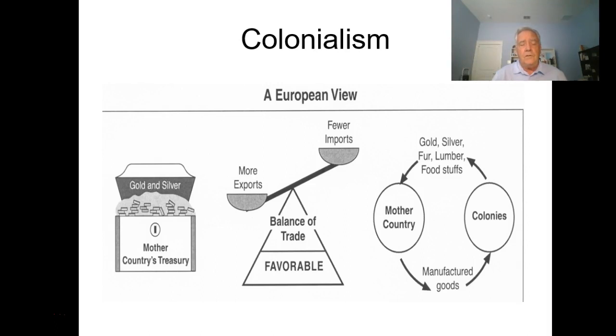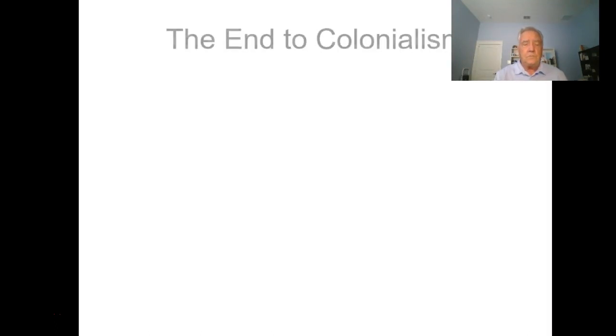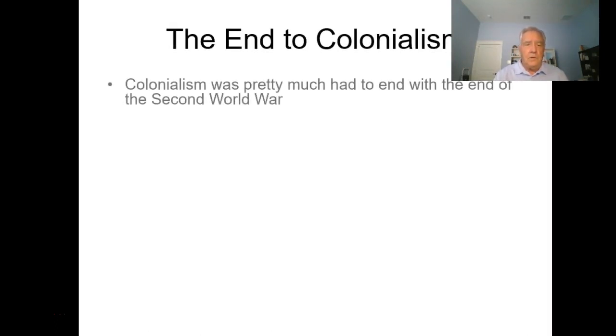So things changed after World War II. Colonialism ended at the end of World War II, pretty much, as we saw earlier. India was given its independence in 1947. They hated the British. And a lot of countries at that point in time were absolutely cut loose from their